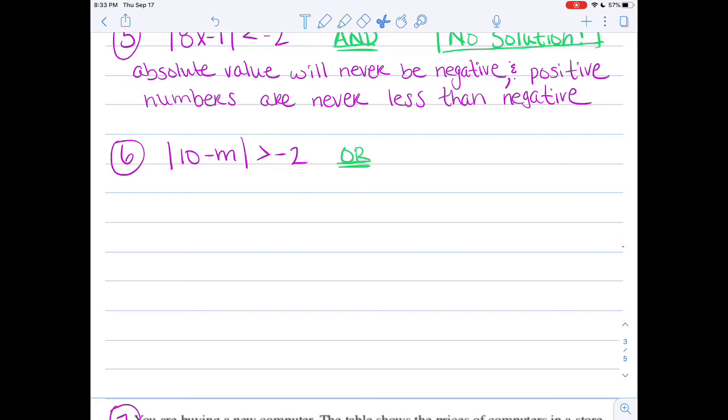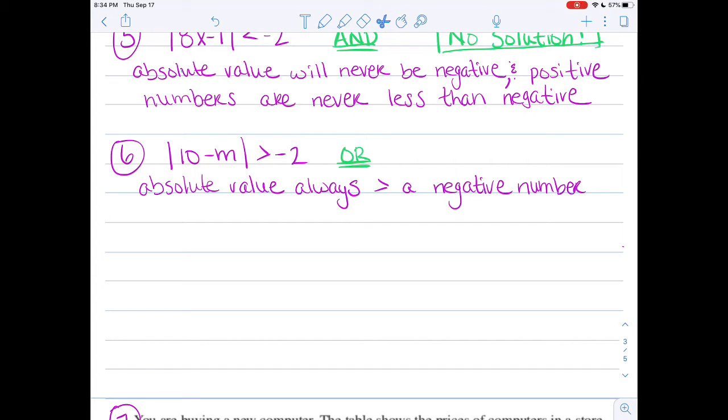Now, think about this for a minute. An absolute value always has to be positive. There's no exception. An absolute value always has to output a positive. Will a positive number always be greater than -2 or greater than any other negative number? The answer is yes. So an absolute value is always going to be greater than a negative number for any